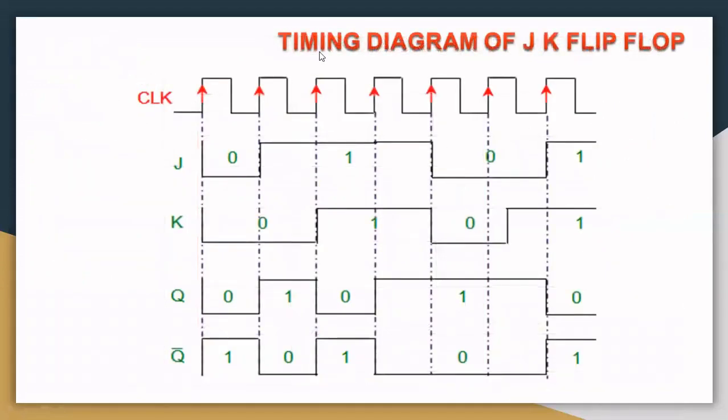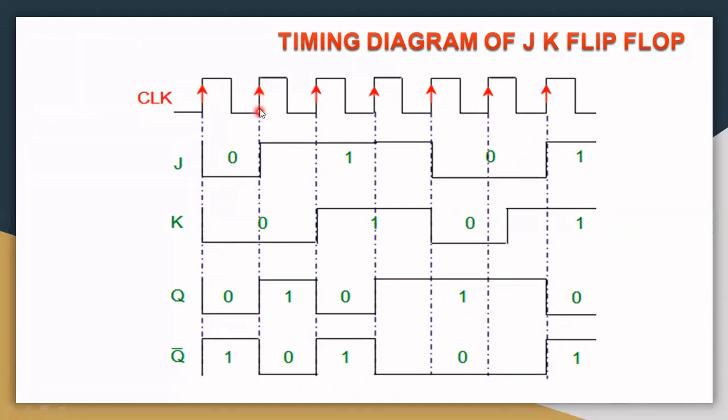Now, this is the timing diagram of JK flip-flop. Remember, along the x-axis, we can consider time, and we have inputs, first the clock pulse. This is clock. Second, we have the inputs J and K, and two outputs Q and Q dash. So we have to check the status of J and K in each clock pulse. So first of all, consider a clock pulse. Now J is equal to 0, K is equal to 0. So no change in the outputs Q and Q dash.